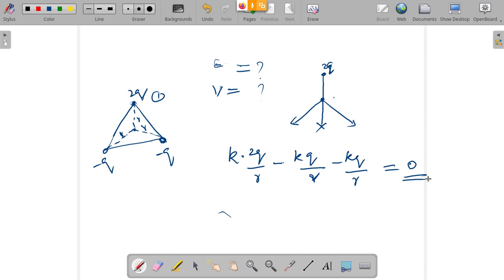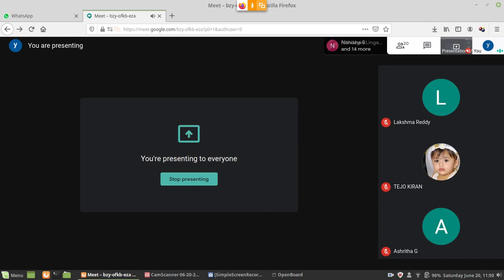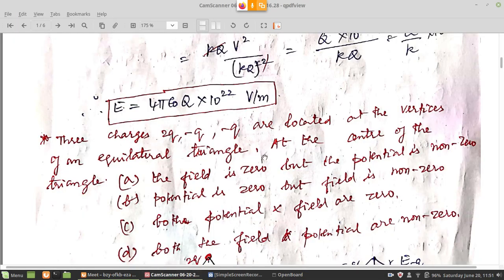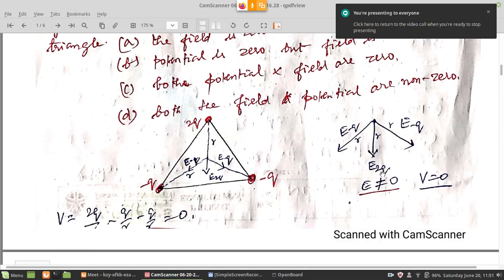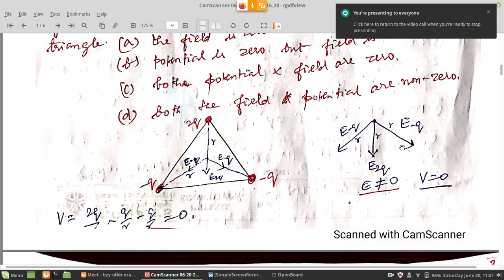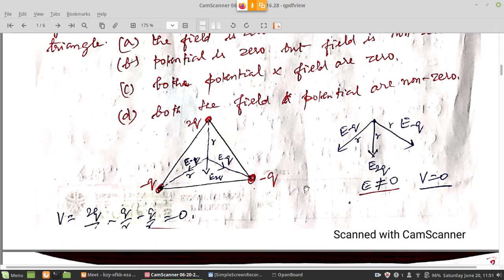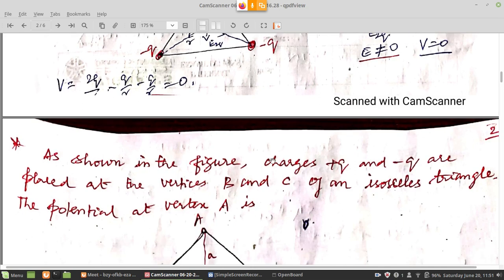So potential is 0, electric field is non-zero for that point at the center of that triangle. So how will the direction of the electric field be? It is non-zero, but potential becomes 0. Next,